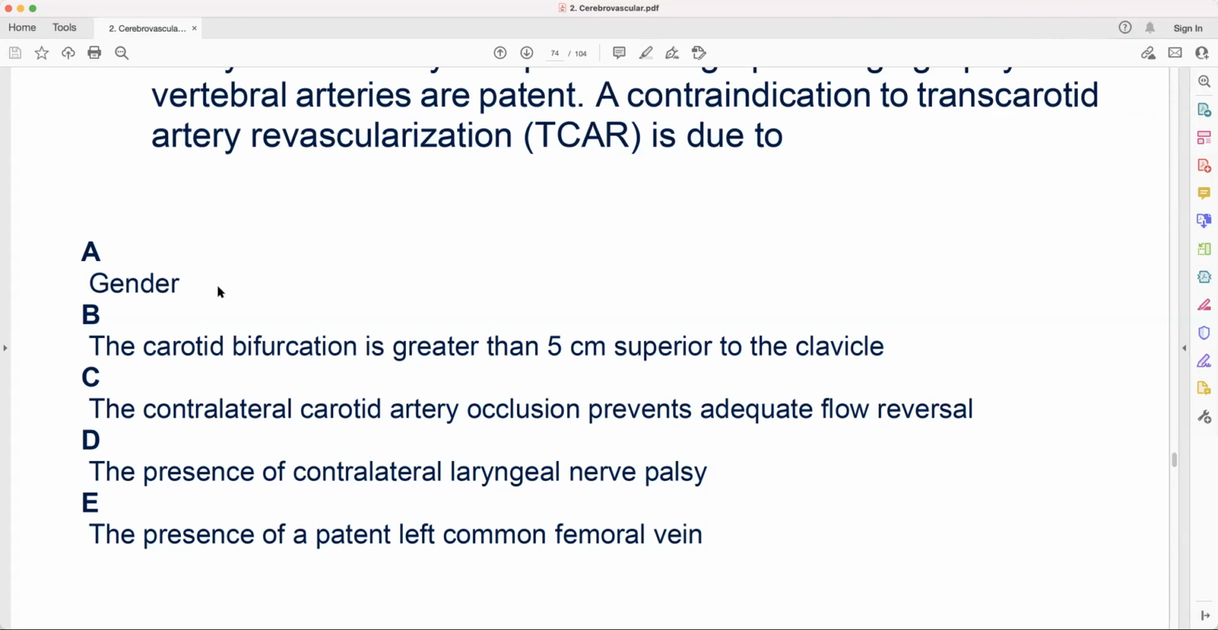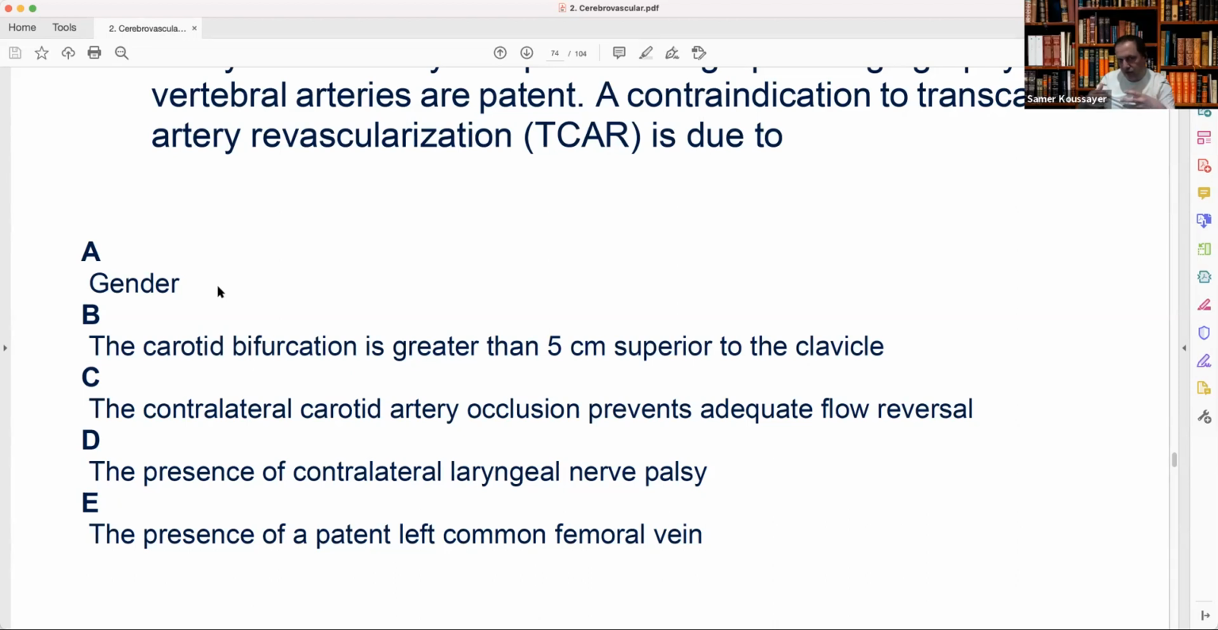The contralateral carotid artery occlusion prevents adequate flow reversal. I think yes. This is yes and no. Usually when you have contralateral occlusion, really this is an indication for stenting. Why? Because in stenting, you don't stop blood flow to the brain too much. You just open the stent and that's it. Second, when you do surgery, unless you use a shunt, you decrease the blood flow. So one of the indications for carotid stenting is contralateral carotid artery occlusion, because they found the chance of stroke is less if you do stent